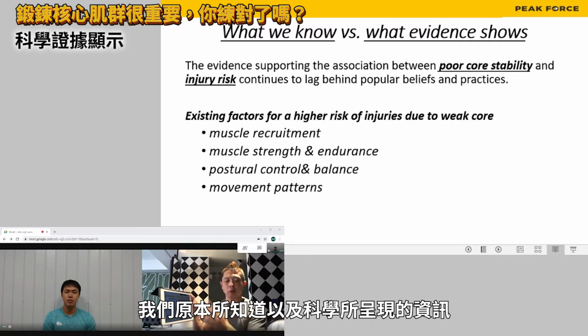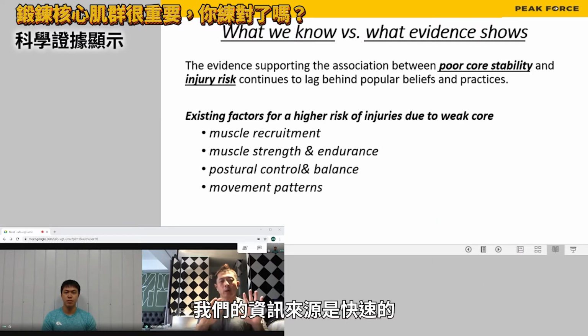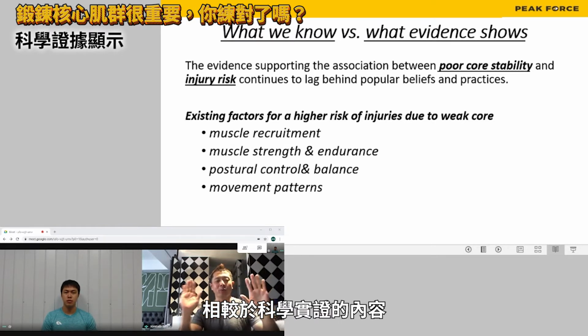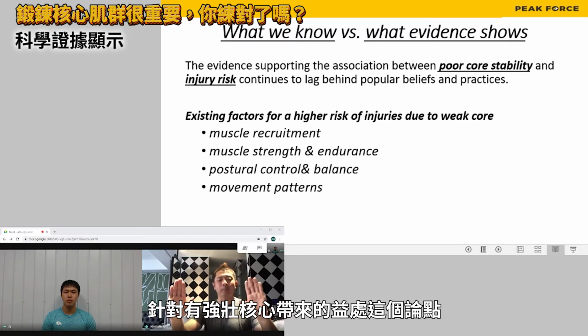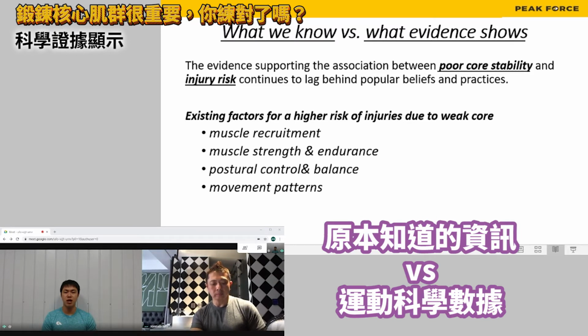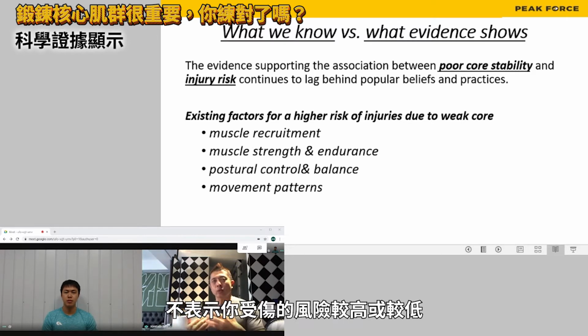So what I have on the next slide is what we know from our senses compared to what the science is showing. 这一页会讲解我们现在知道的状况，跟运动科学里实际呈现的数据会是如何，我们会做一个比较。What we know comes very fast compared to what the research is showing, meaning there's a gap between what the science shows and what we think is going to happen with a strong core. 我们认为的东西很多，但实际上在实验数据的证据来讲，相对之下是较少的。